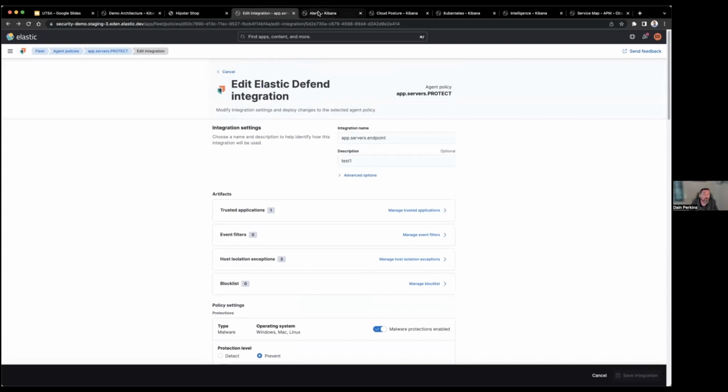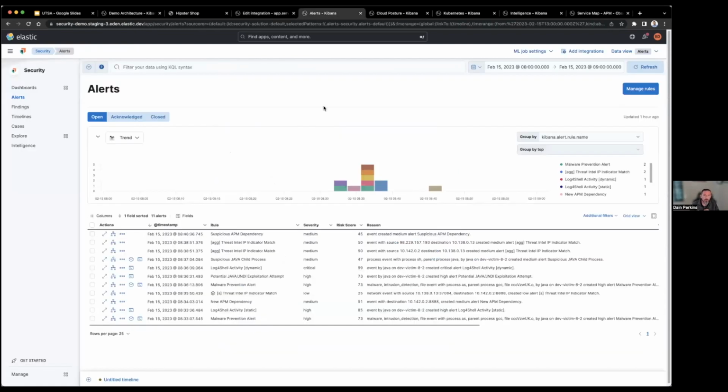So where does that leave us? Well, here's our alert screen, and this is Elastic SIEM. I've got it keyed to earlier this morning, where I created an attack on that dev system. And you can see we've got a bunch of different alerts. It's a demo system, so it's not tuned for anything. We're getting a lot of threat intel matches. My thoughts on these, whether or not they're really useful, I find it depends heavily on what feeds you're using and how you're managing them.